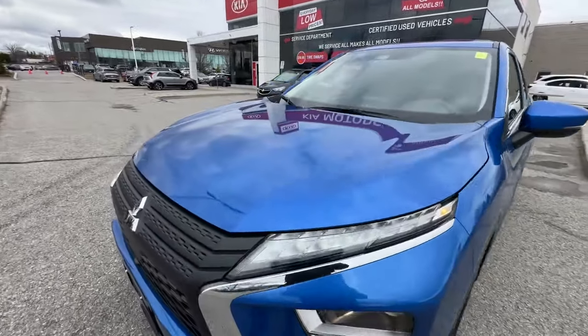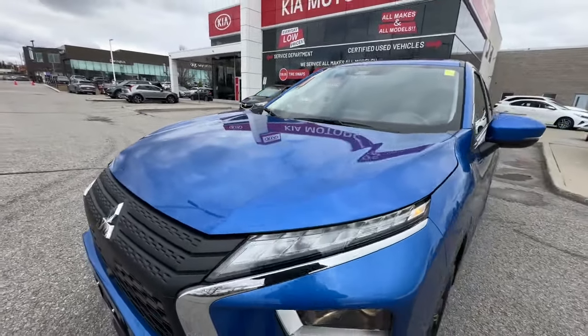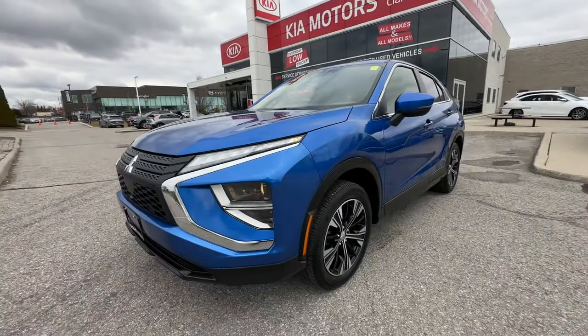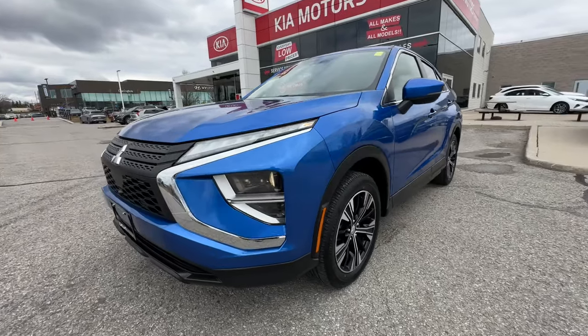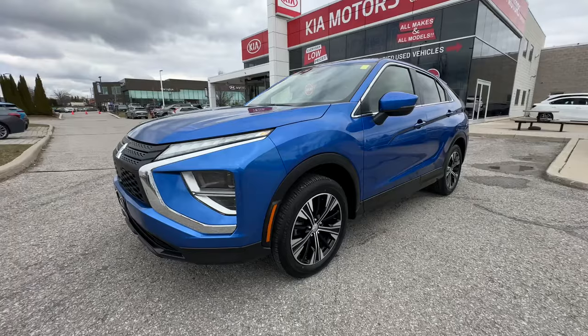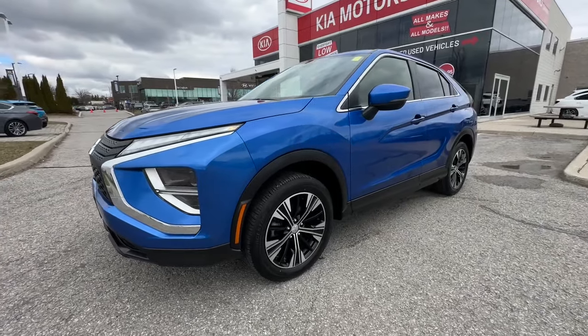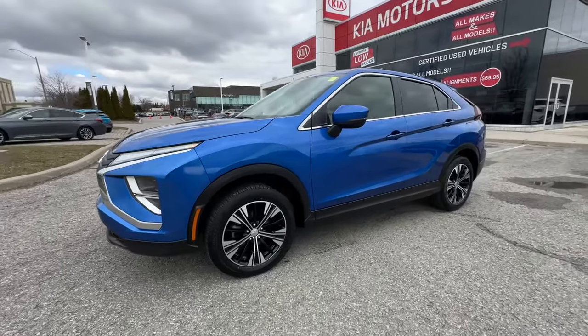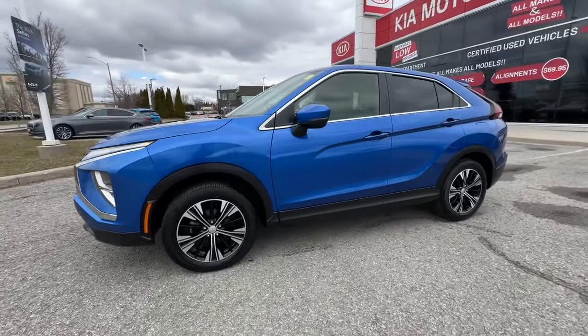We have a 1.5 liter 4-cylinder turbocharged engine. You're going to get about 155, 160 horsepower out of this, a little bit more torque. It's no slug on the highway. That turbocharged engine, when the turbo does kick in, when you're putting some heavy acceleration into it, gives you all the horsepower. But then of course, because it is a 1.5 liter, it's a small 4-cylinder, you get fantastic fuel